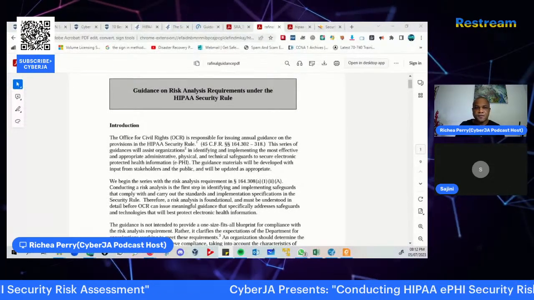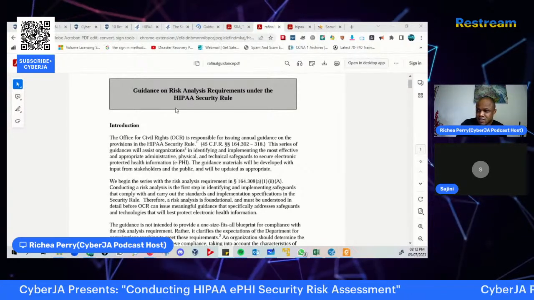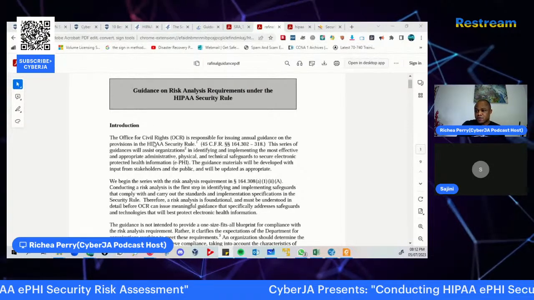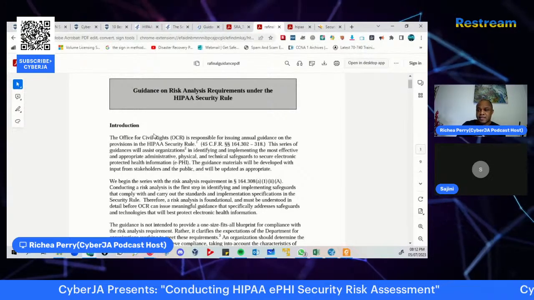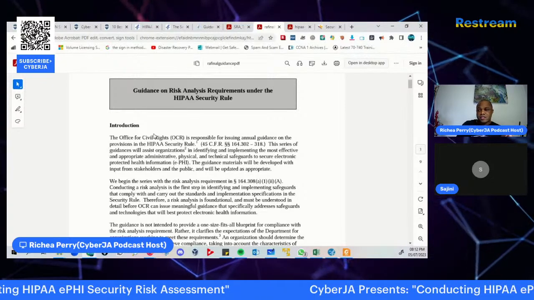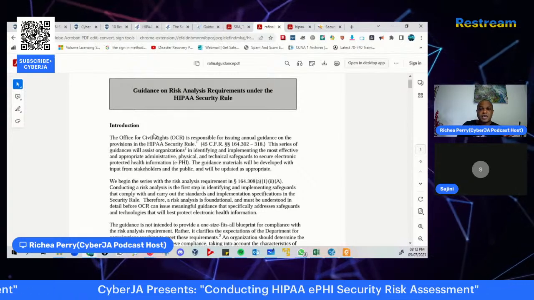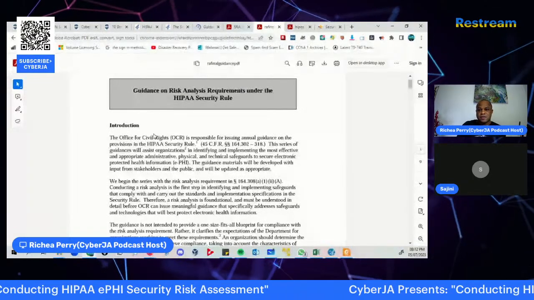All right, so there we have the guidance on risk analysis requirements under the HIPAA Security Rule. They actually produced an article that gives the guidance to execute this particular security risk assessment. And you're going to see the importance of actually doing this assessment as we go along in this activity.